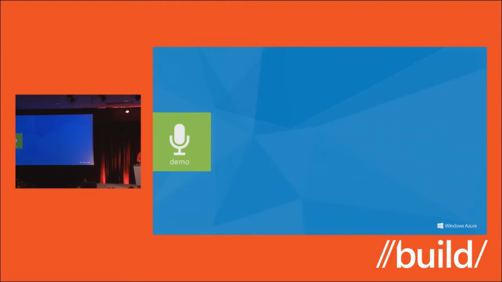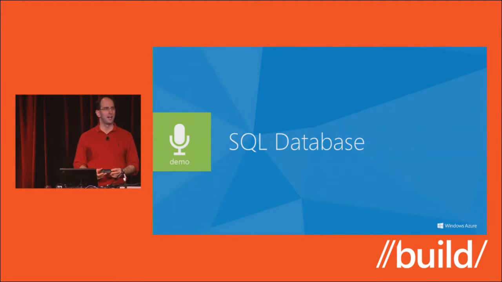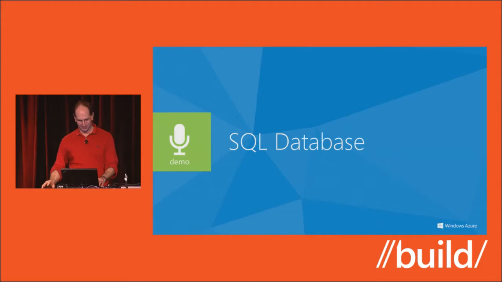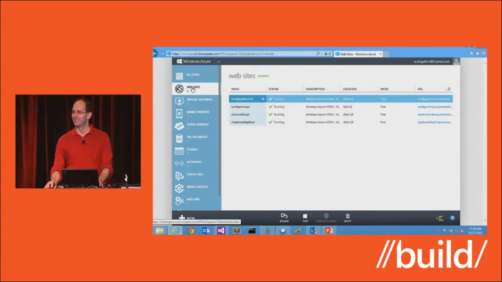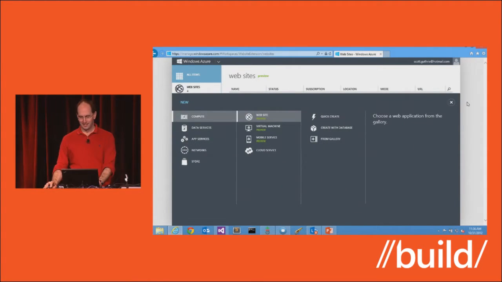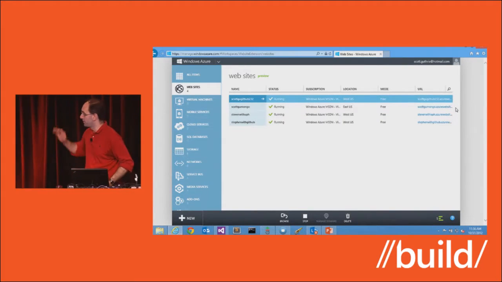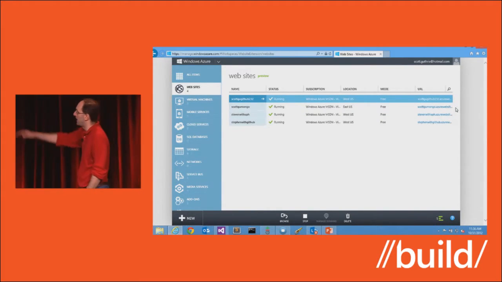So how many people here have ever asked their IT department to stand up a new database? Isn't that a fun process? How long does it take you to create or to ask for and receive a new database? 20 minutes? 20 hours? 20 days? Someone told me 9 months. That was the worst. So one cool thing about Azure, again, is we have this managed service model. I can create databases really easily.